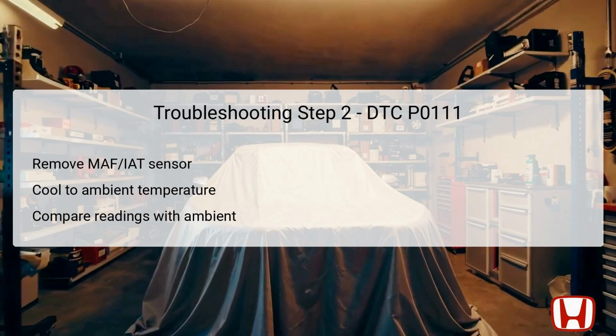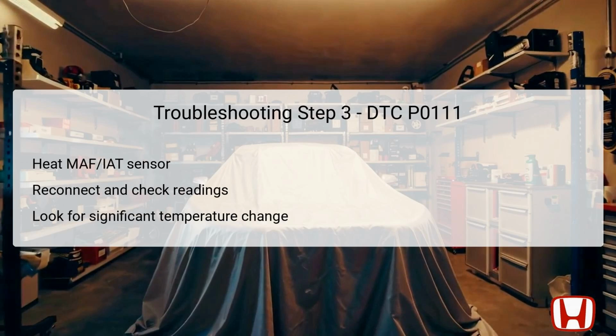If the IAT reading deviates by 5.4 degrees Fahrenheit or 3 degrees Celsius, the sensor is likely faulty and should be replaced. If it remains within this range, the sensor is functional at ambient conditions, prompting a move to the next troubleshooting step. In the third troubleshooting step, your objective is to assess the IAT sensor's performance under high temperature